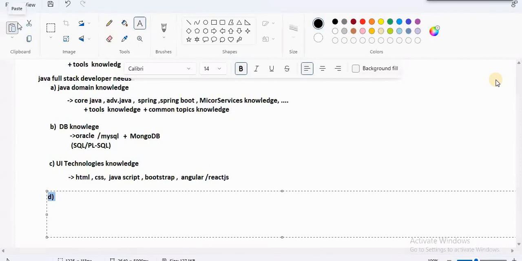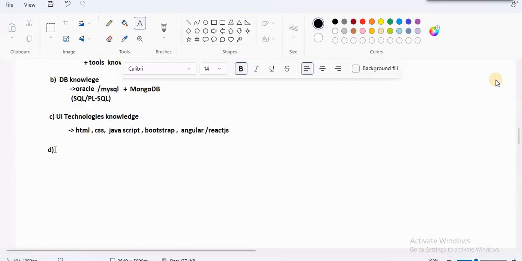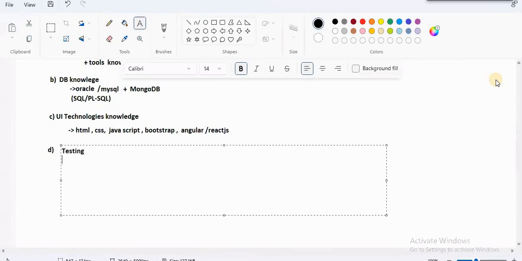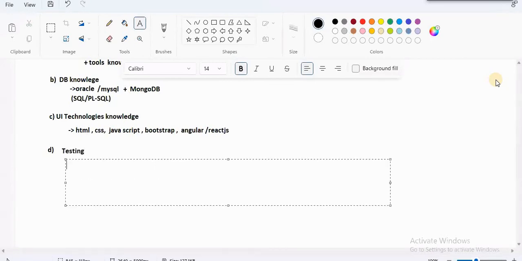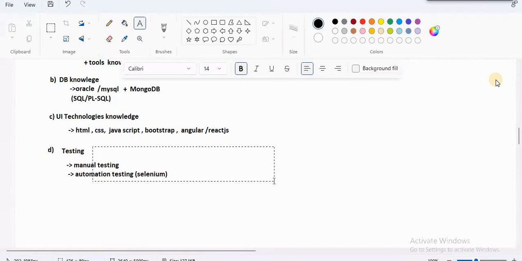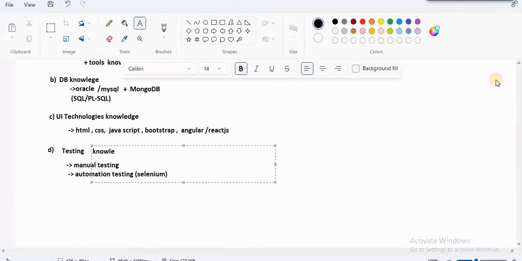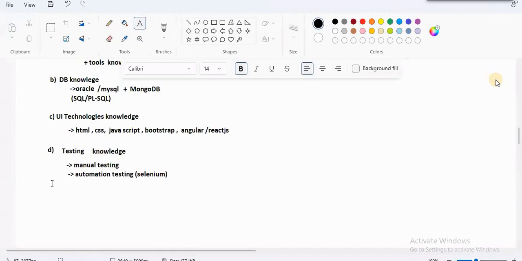We should also have knowledge of DevOps tools. So we should also have knowledge of testing. Software testing knowledge is there, na? There we have to learn manual testing. Okay, automation testing. As part of automation, what you have to learn, guys? Selenium. Next, testing knowledge. Okay, guys. Next,